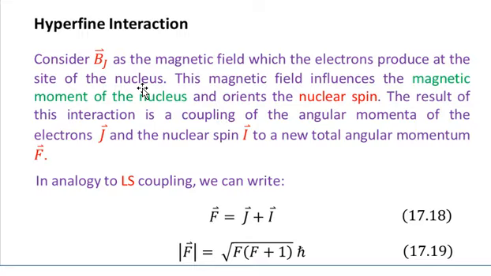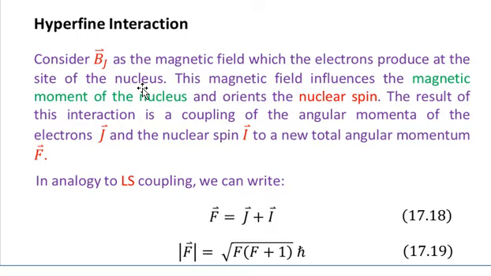And the electric quadrupole moment, you know that in the atom there is a distribution of charge within the atoms. And this distribution of charge gives rise to an electric field gradient. And the electric field gradient within the atom produces the electric quadrupole moment, which we call the nuclear electric quadrupole moment. So the electron shells and the nuclear electric quadrupole moment together produce the field which we call Bj, the